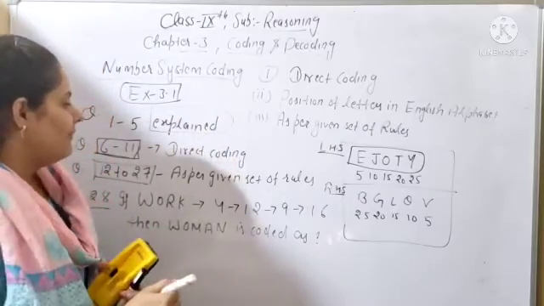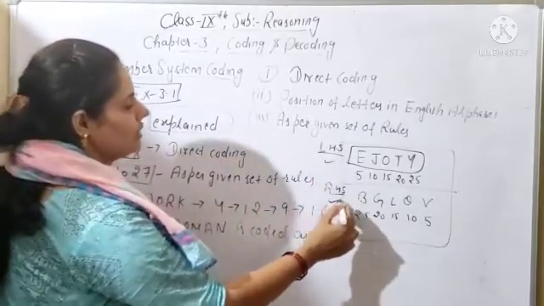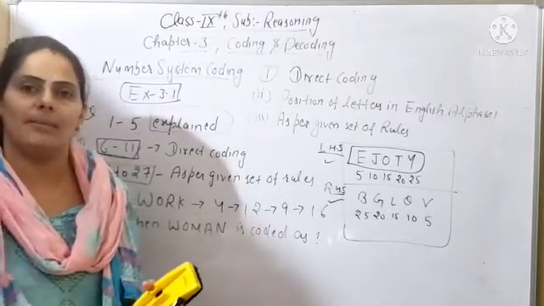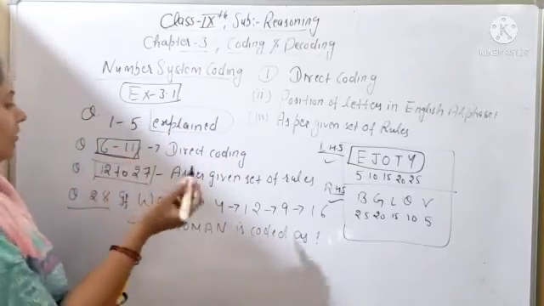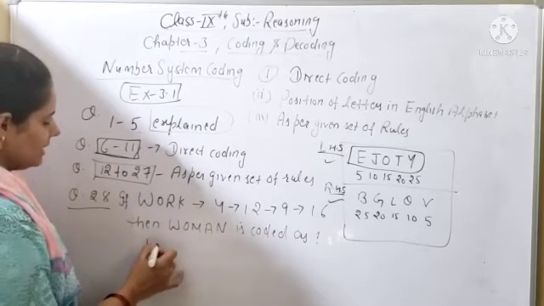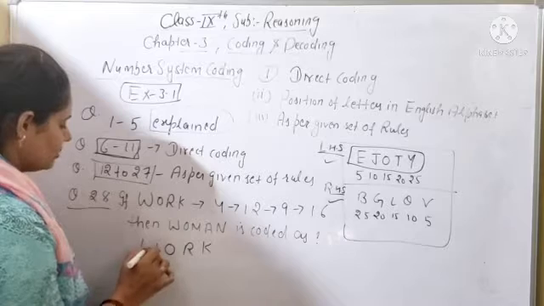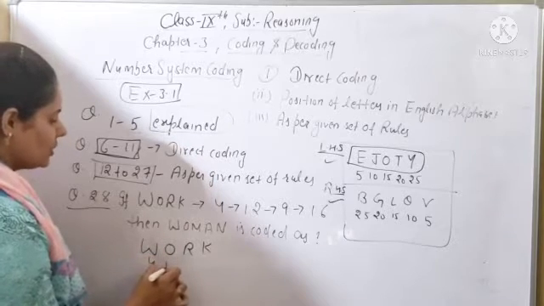Clear? So simply beta, first of all you have to write these two words, because this question is based on the position of letters in the English alphabet. Is it clear? After that you have to check the position. Okay, so you can see WORK. So what are the positions of these letters? So simple, you can write W 4, O position is 12,